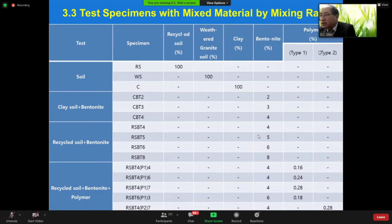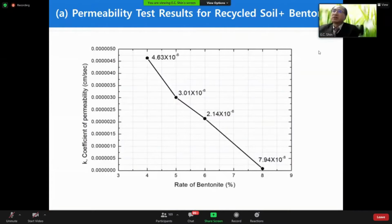And here we have a program. So from this program we fixed the bentonite percentage at 4%, and then we changed the polymer powder mixing ratio, from 0.16 to 0.28, and also we adopted polymer 1 and polymer powder 2. We want to see the phenomenon, and this is a result of the permeability test with the bentonite,